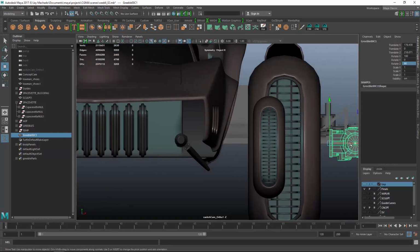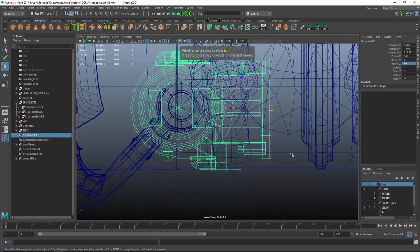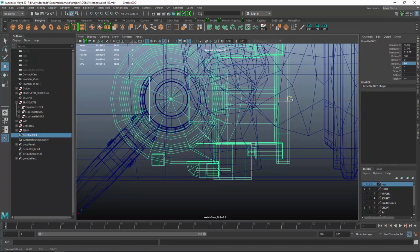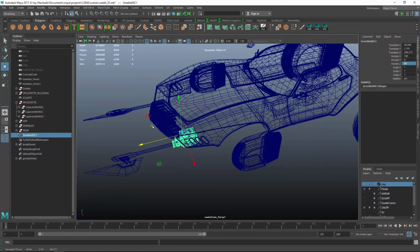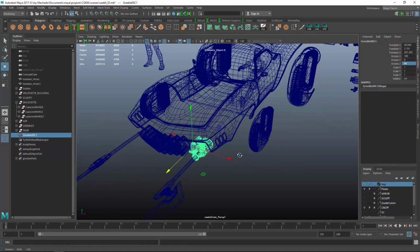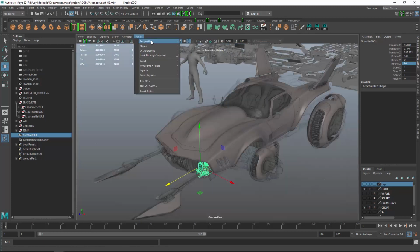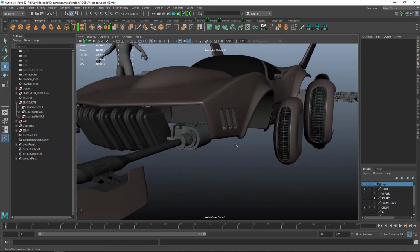And then I'll just move it and align it with the stick, and I might want to go to the back view just so there's less stuff in the way. And if I just kind of line it up with the concept, you can see how that is working. And that's already looking pretty cool, but I think I am going to want to scale it up a bit